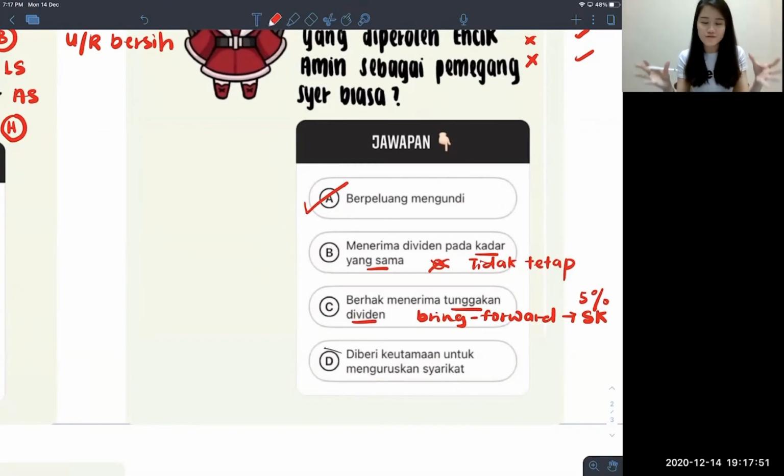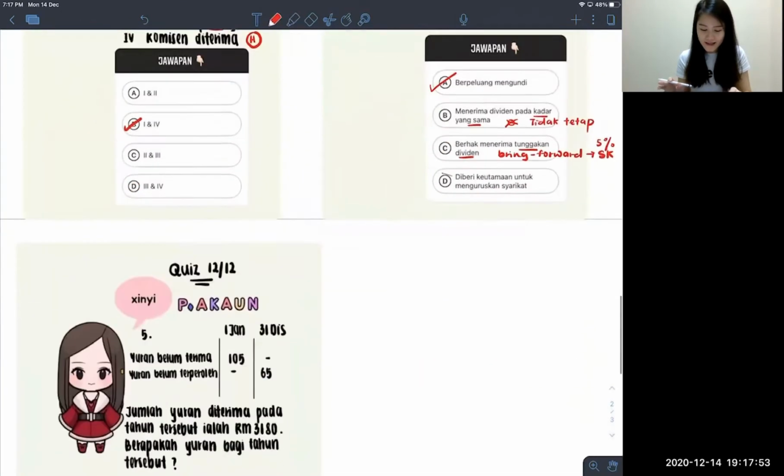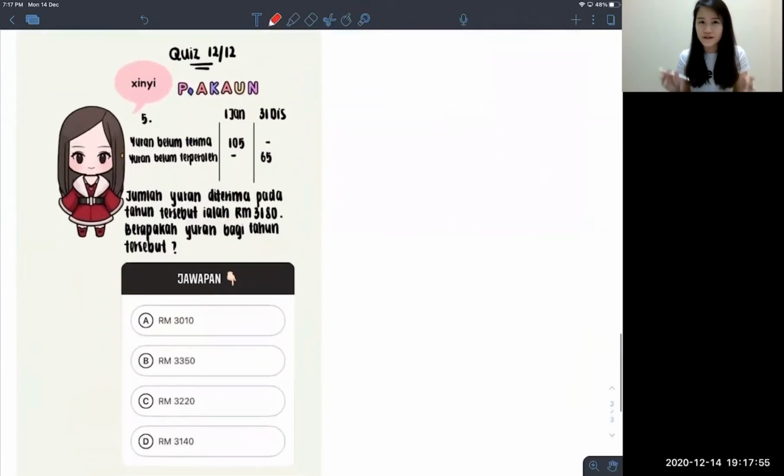Now, the final one, our 5th question. I think this is the one that most students struggle with, because when I look at the ratio of the answers, most people chose other answers than the correct one. So which is the correct answer? Let me show you step by step, then you will know which is the correct answer.